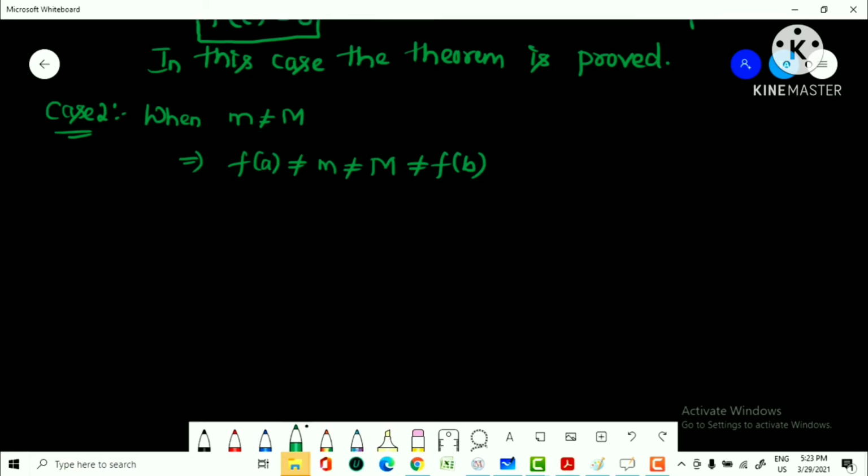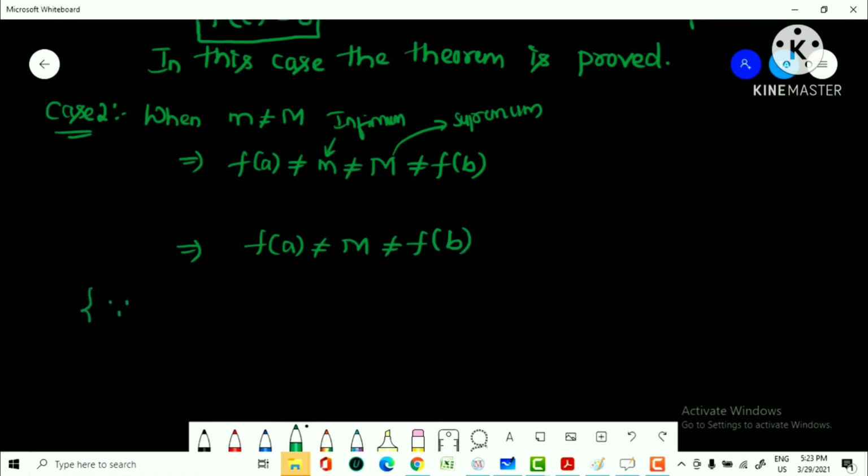Okay, now since we have two, supremum and infimum. This is our infimum. This is our supremum. I can write any one of them are not equal to each other. We will take up supremum because we have one theorem which says